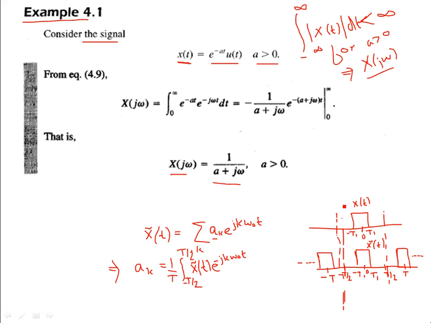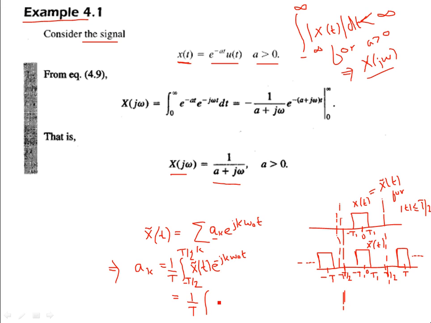In this range, these both signals are the same, right? I mean, x(t) is x tilde(t) over one period. For t less than or equal to T/2, both signals are the same. Therefore, there is no difference. I can remove this tilde and I can write this as 1 over T